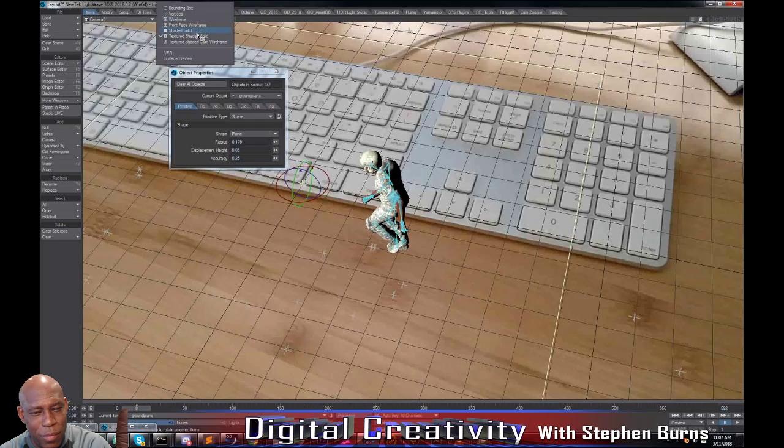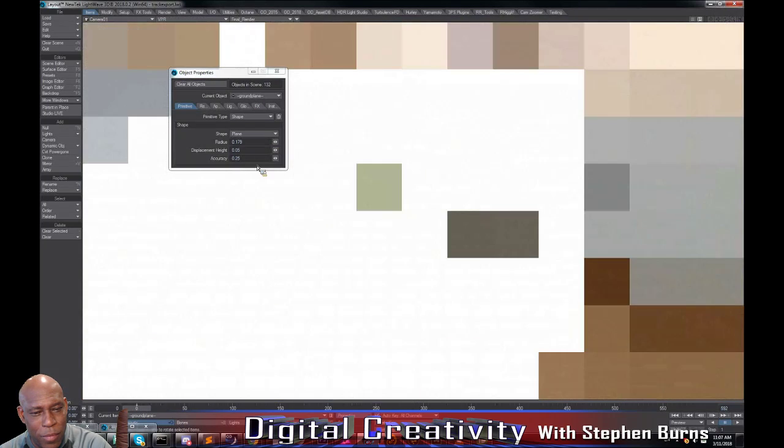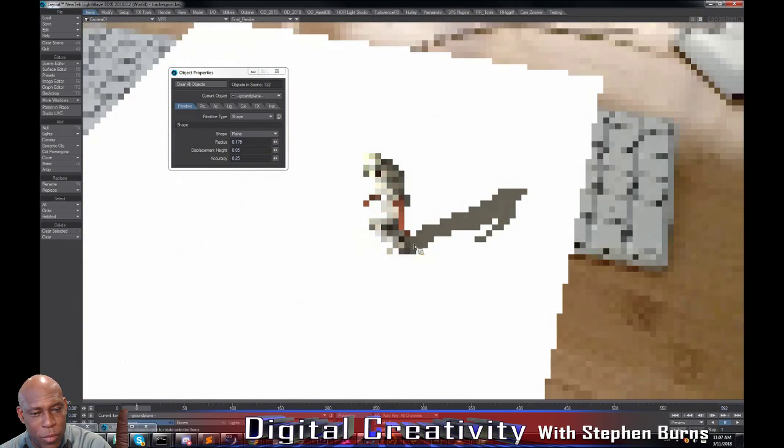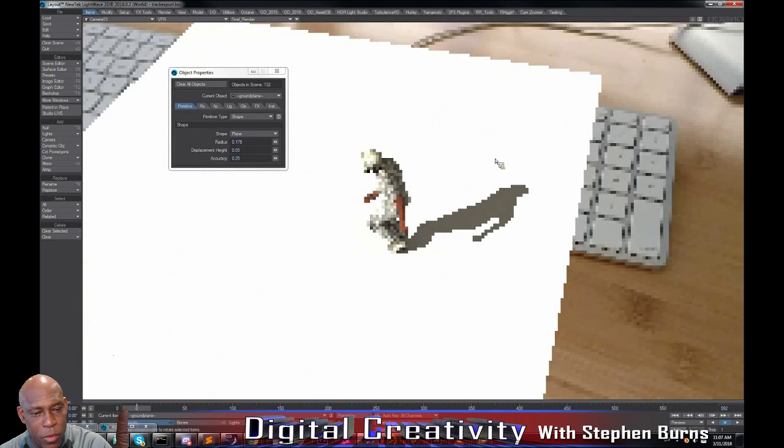Now when we actually do this, you can see that there's a shadow cast, obviously in the wrong direction, and we have a white plane. In order to get rid of the white plane, because we only want to capture the shadow and any reflections that there might be,